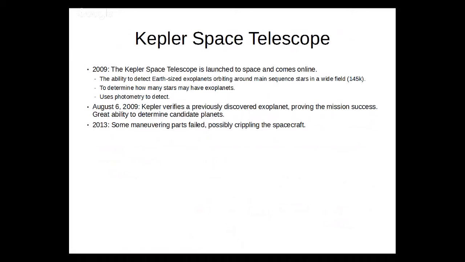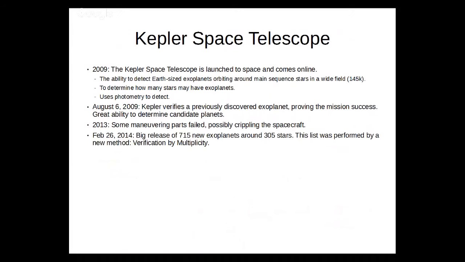We had a bunch of maneuvering parts fail on Kepler. The gyroscopes had some big issues, and that's what we used to be able to maneuver Kepler around in space, to be able to point at certain objects and hold its position while it's taking all these pictures. So that was really, really bad. But astronomers and scientists are very good at figuring out alternative methods of making things work. And they were able to revive the Kepler Space Telescope to continue working in a different way, but they got it up and working again, which led to the February 26, 2014 report that came out